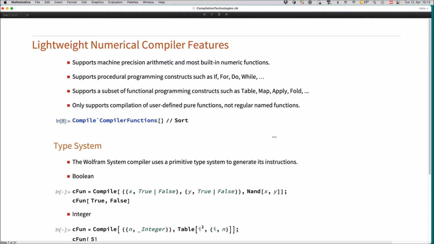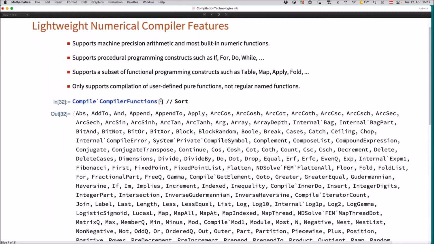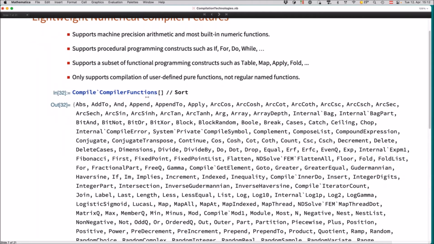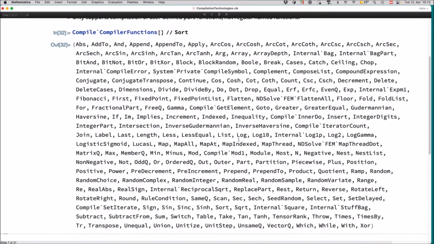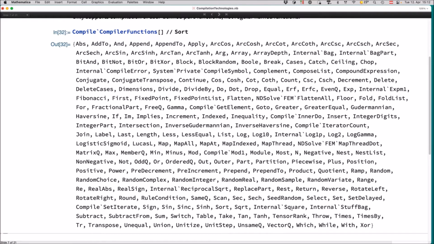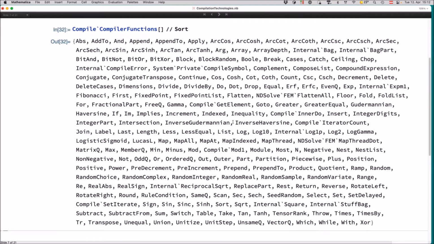And in order to learn about the functions that are supported by the compiler, you can use this compiler functions function, which returns a list of all the functions that can be used in compiled code. And you see we have many numerical functions here. We have some functional programming constructs like outer, and of course we have procedural constructs like while and similar functions here. And if you restrict yourself to these functions, you can generate code which will always be compilable